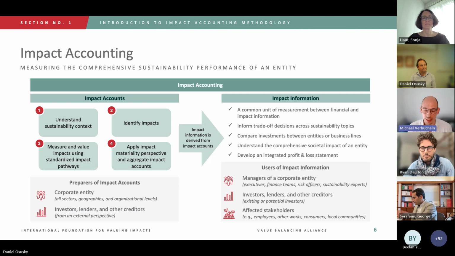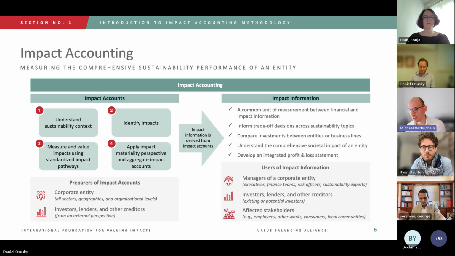So how does it actually work? Let's zoom in a bit. Especially when it comes to the impact accounts, you would follow these four steps, as you can see on the left-hand side, to understand your sustainability context and go into the identification of those impacts, building on the different topical methodologies that we will release step by step, and that help to measure and value these impacts by using standardized impact pathways. And then looking at the materiality and the magnitude to aggregate those to the impact accounts, which then